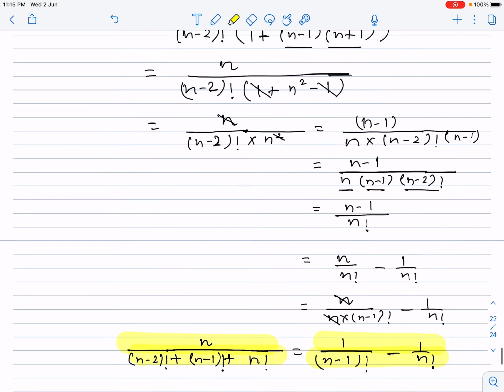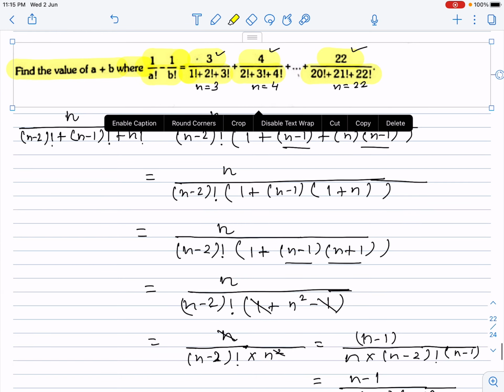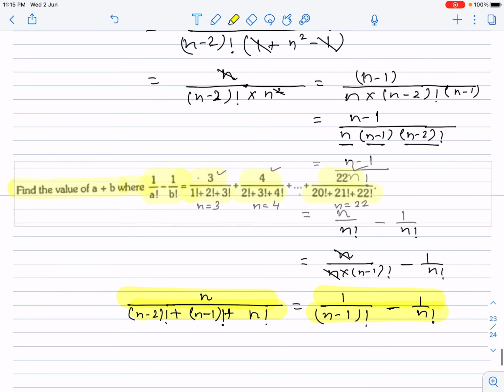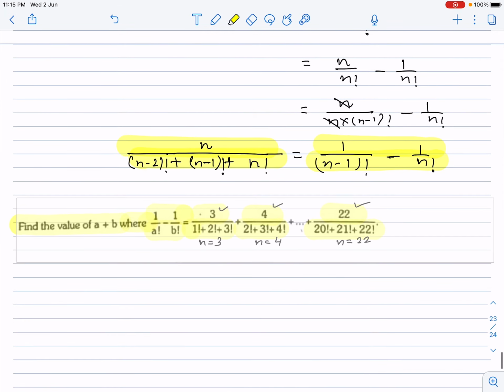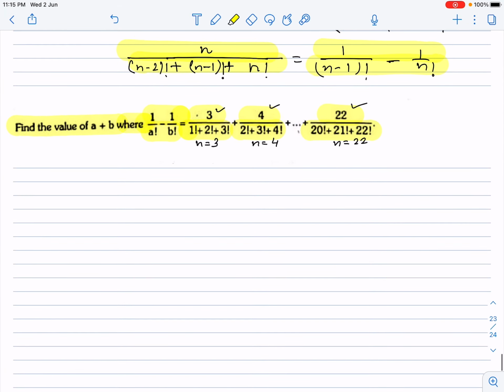Let's bring down the question. That will be very much useful for me to solve it further. So the question statement we have and the simplification form we have. Together we will solve the question. Guys, for n is equal to 3, when I'll be going to use this form, the RHS portion I would have to use over here. So this thing will become 1 upon 2 factorial minus 1 divided by 3 factorial. Then further when we'll be going to solve for n is equal to 4, that will be becoming 1 upon 3 factorial minus 1 divided by 4 factorial.